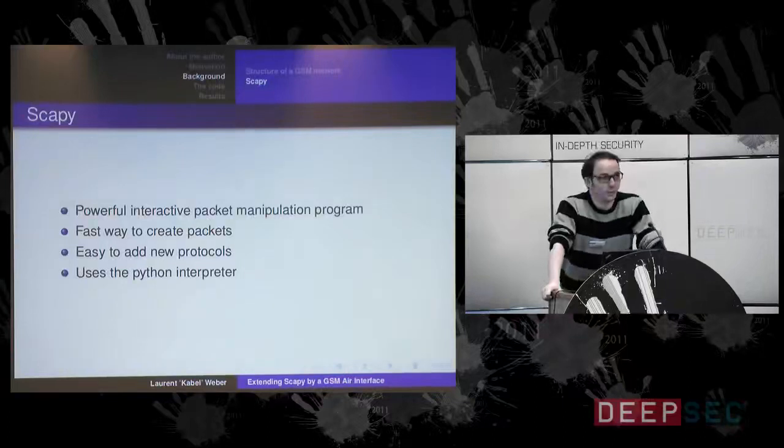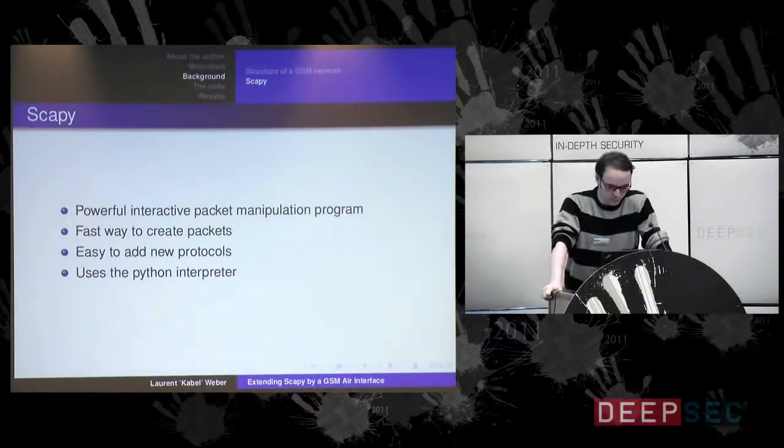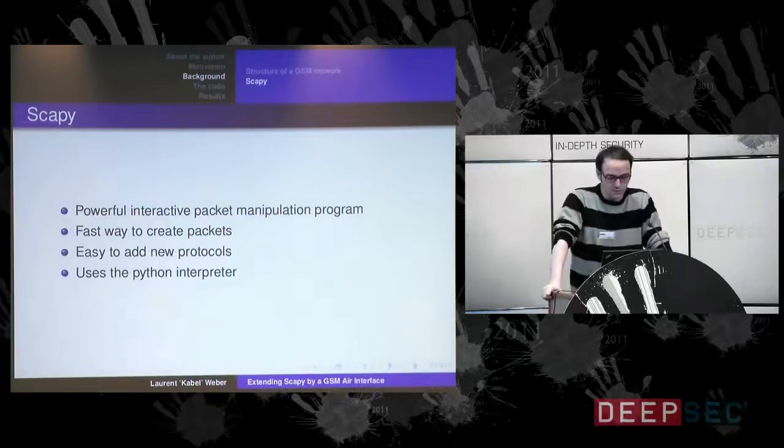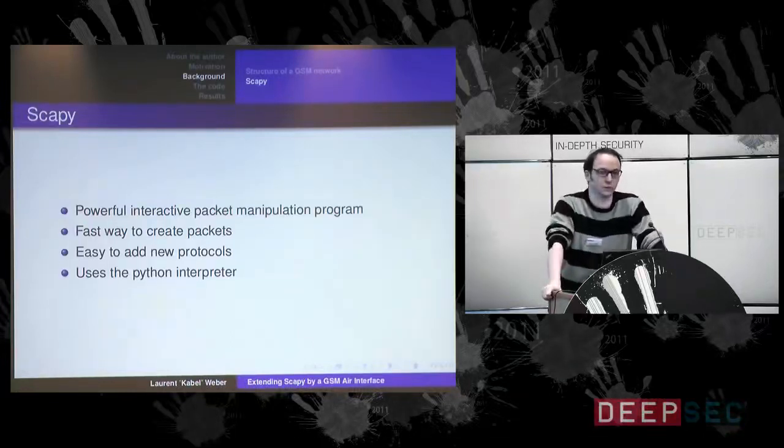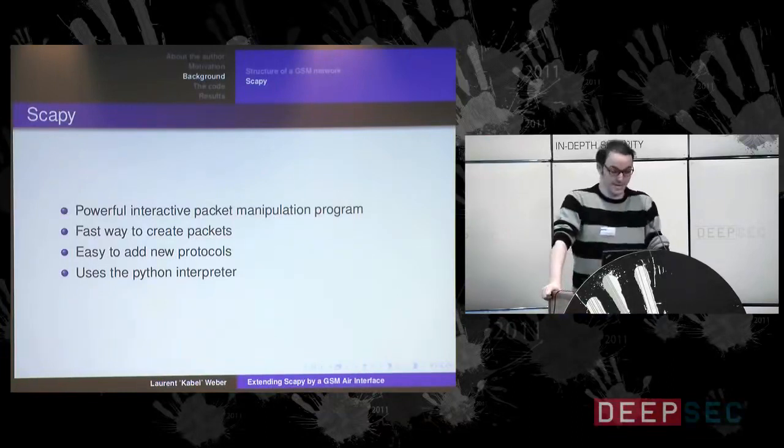Now, Scapy. I think most of you know it because it's very well known in IT security circles. It's a powerful interactive program that allows you to create packets and to manipulate them on a field basis. It has been created by Philippe Biondi, I think even 7 years ago or something like this.